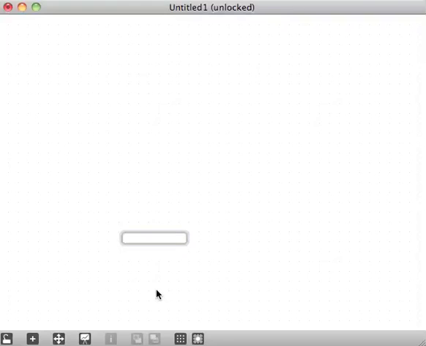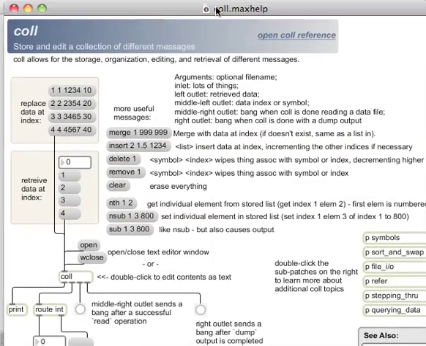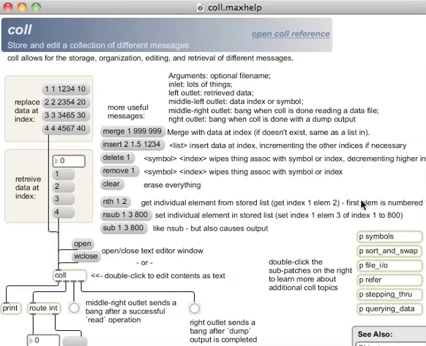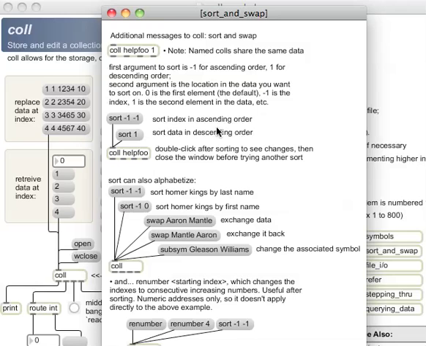Just quickly, let's make a new object with the coll. And if you haven't used coll before, then you've been missing out on a whole heap of fun. Get help up using the option click on the coll object, and we can see one of the things I'm going to make use of most of today is the sort function of coll,